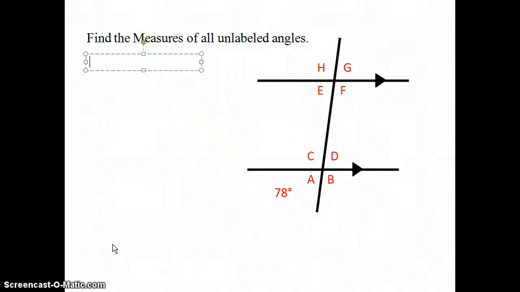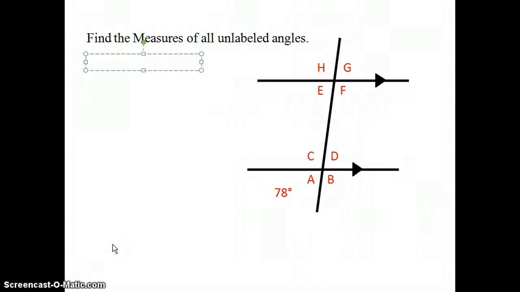Here's our fifth and last practice problem for this video. It's a bit of a marathon one because, as you can see, we have to find the measures of all the unlabeled angles, and we're only given the measure of one angle, angle A. Alright, so first off, again, you should notice that we have two parallel lines,